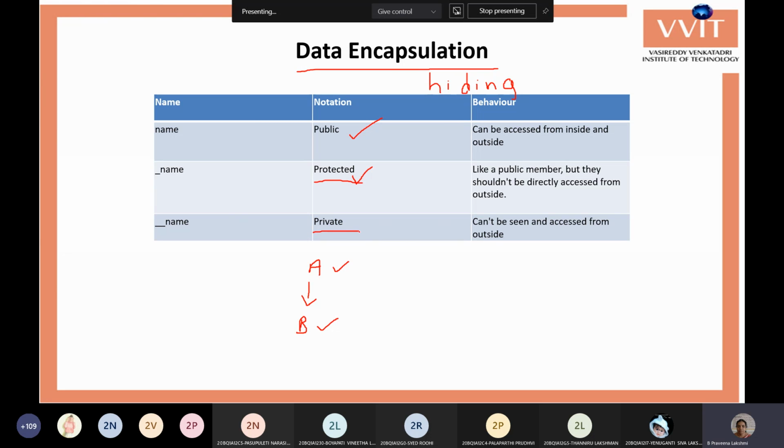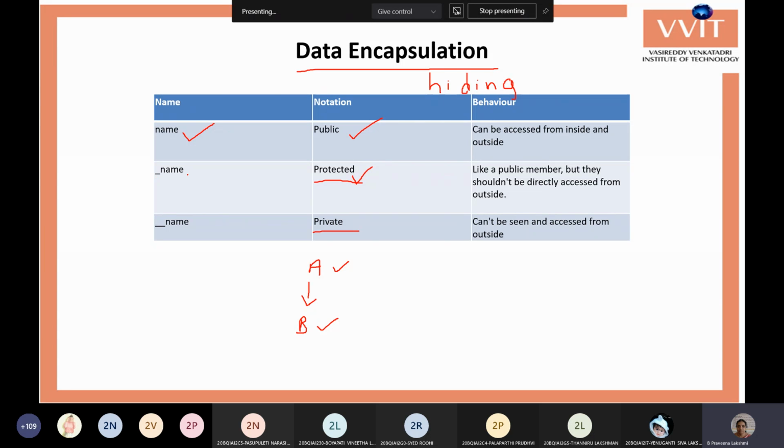A private variable cannot be accessed other than within the class. The private variable is only accessible within the class, not outside the class. To specify these three, public, protected and private, we create the variables like this. Without any underscore symbols, the variable is public.